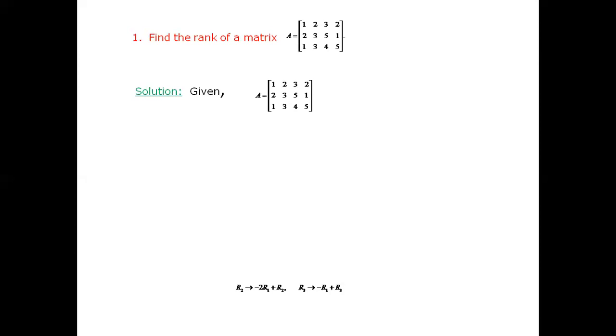First, we check the first row, first element. This is the leading entry of the first row, so it should be non-zero. It is already non-zero, so I'll keep the first row as it is. In the first step, I'll make the elements below this leading entry, that means the elements of the first column below this one, that is 2 and 1, zero by operating the rows R2 and R3 with R1.